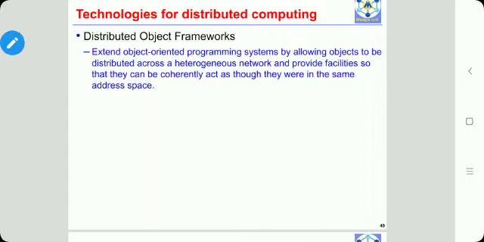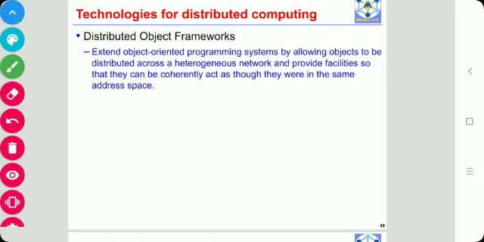they can communicate with each other such that they are in the same address space. This distributed object framework uses the basic mechanism that is used in the RPC, which we have seen in the last section. So it uses the same mechanism that is used in the RPC and extends it to enable the remote invocation of object methods and to keep track of references to objects made available through network connections.